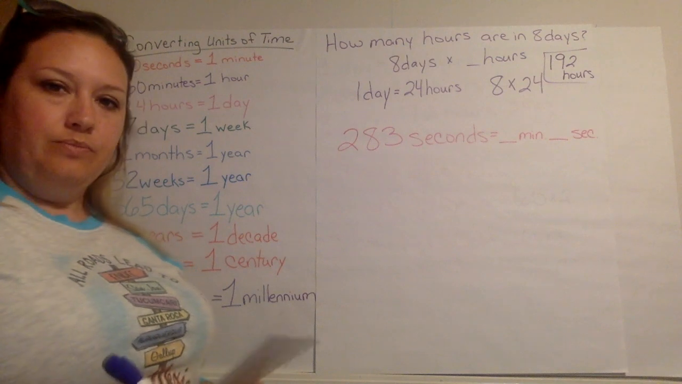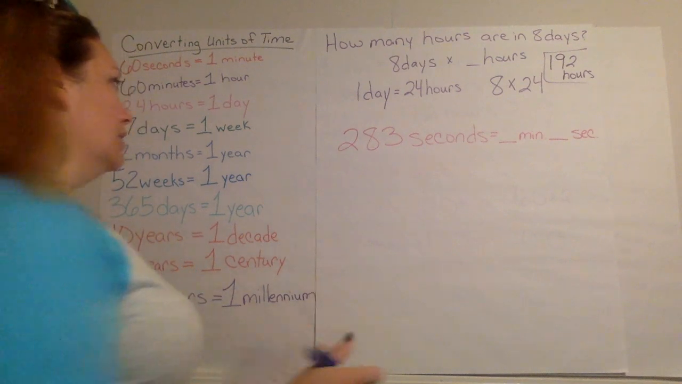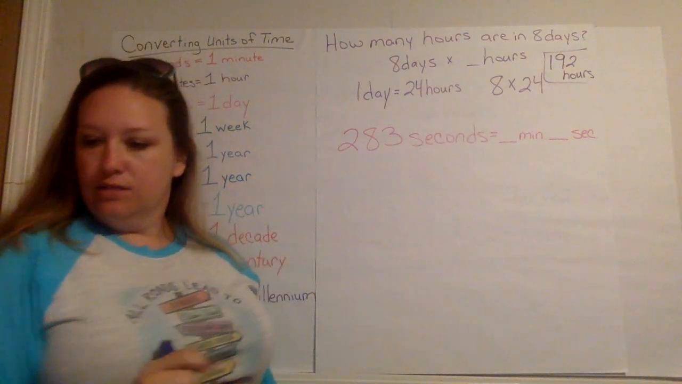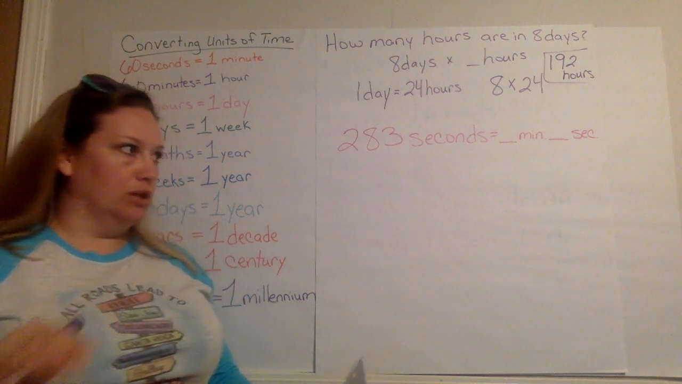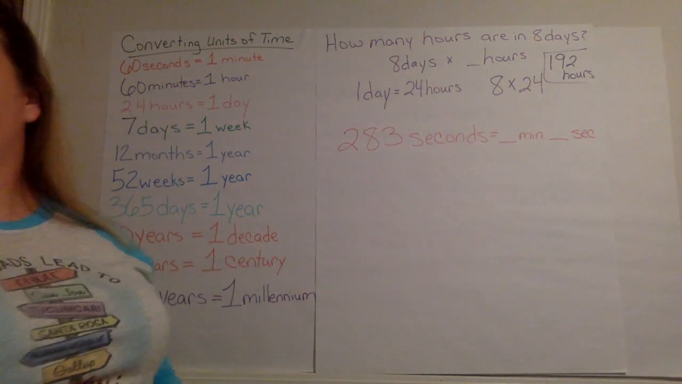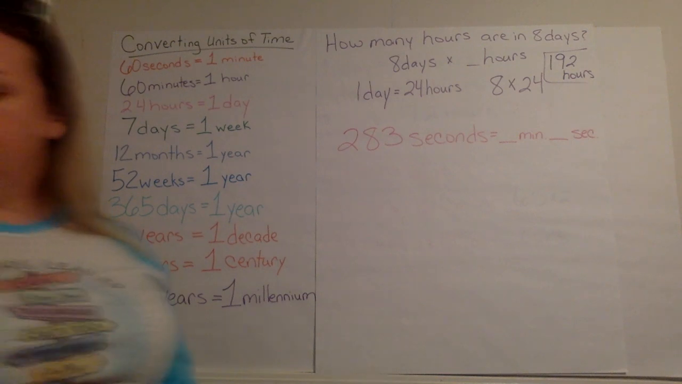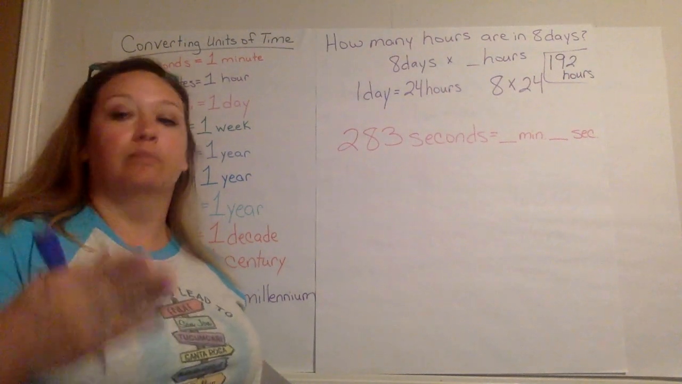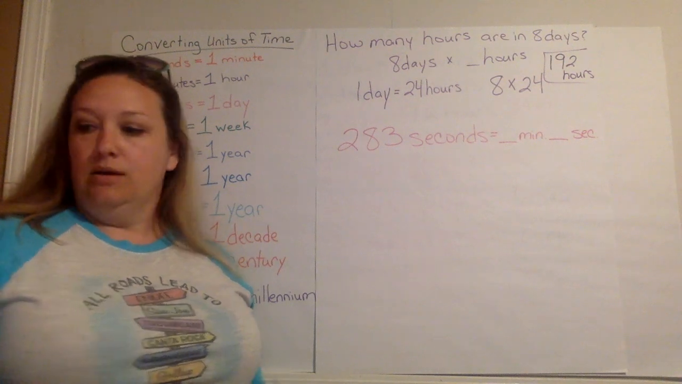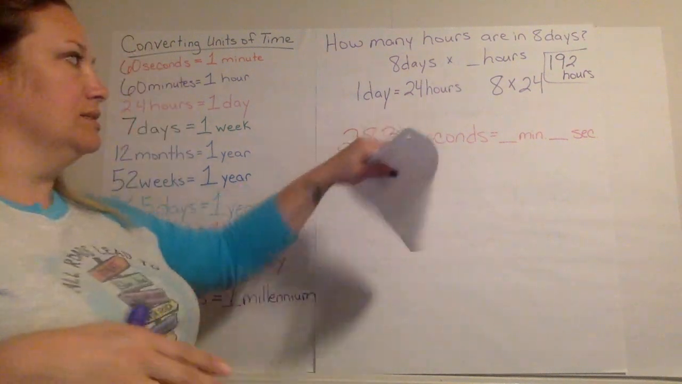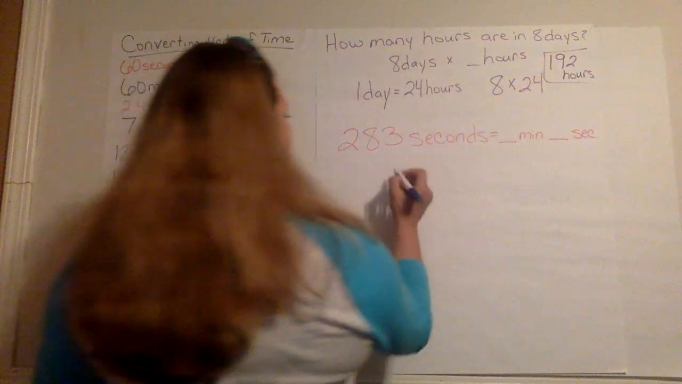Now, we are going from seconds to minutes, so we're going from small to large. So if you're going from small to large, then you have to divide. Remember our rule, if you're going from small to large, you divide. If you're going from large to small, you multiply. So small to large, seconds to minutes. So we're going to have to divide